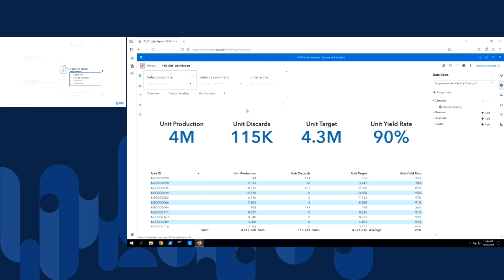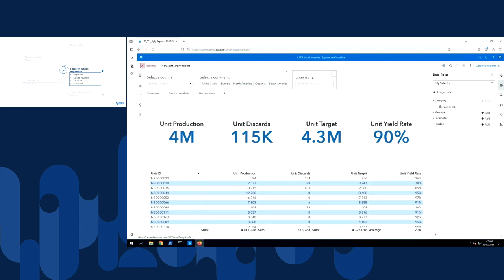So that's perfect. For the continent selector, if I look at the distinct values for facility continent, there are 6. So I think maybe a button bar would better display these values. So I'll right-click the continent selector and change the drop-down list to a button bar. For the city selector, there are 125 distinct values for facility city. So a text input control is the best way to display that. So I'm going to leave that one as is. Okay, so you can already start to tell that our report is looking a little bit better.